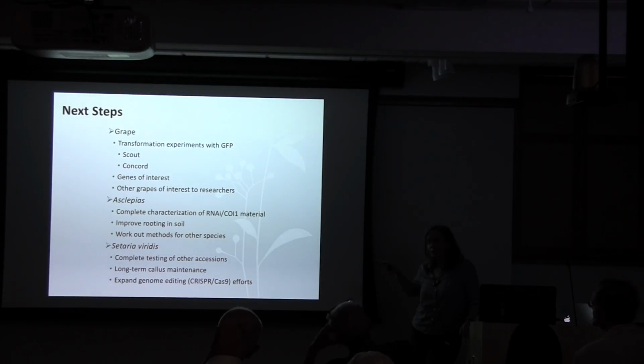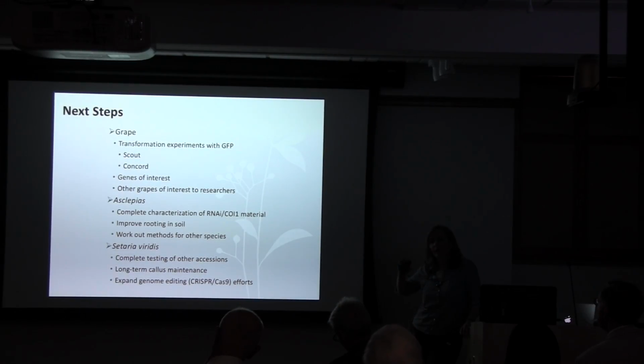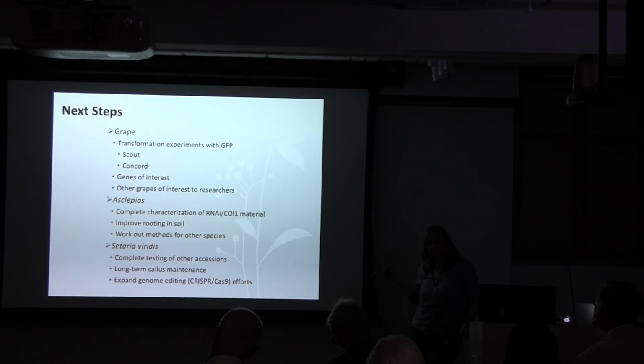For Setaria viridis, we're actually looking at other accessions besides the A10.1, because I mentioned that there's a genetic component to plant regeneration and also for transformation, and that we feel that if we can find another accession where we can get higher than 5 to 20% transformation efficiency, that would make it more high throughput for us. And we're looking at the long-term callus maintenance so that we can cut off about 6 weeks off the